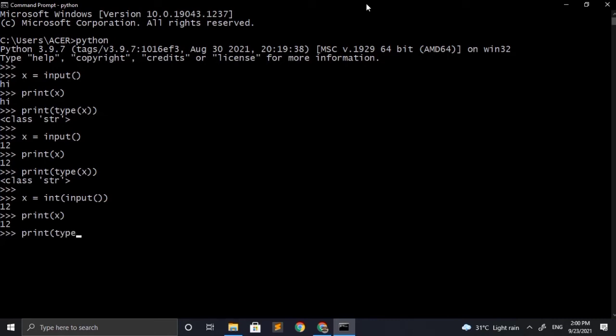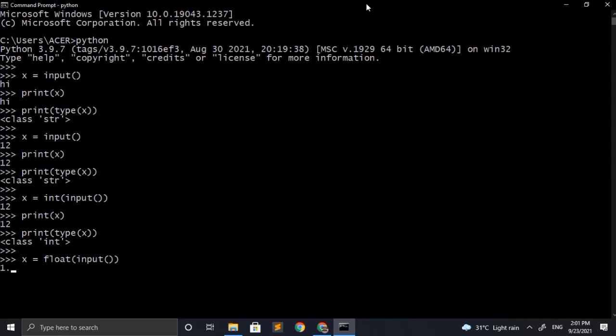We will be wrapping our input function into another function, which is int in Python, and then our input will be automatically converted to the class integer. Similarly, to take float as our input, we just need to typecast the input function with float and it should work well. So here is a small example on the screen.